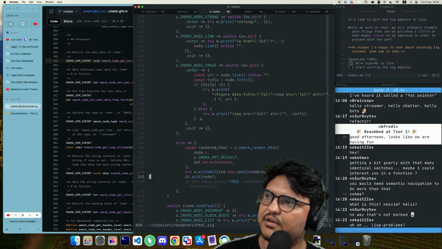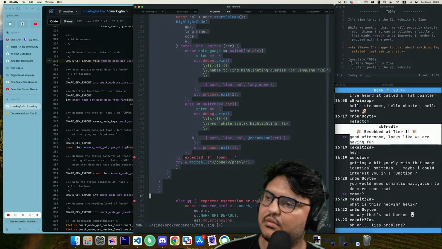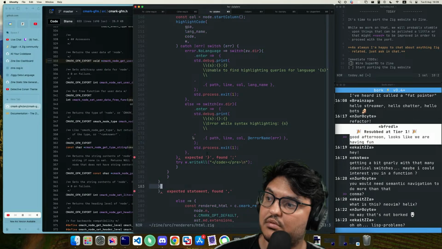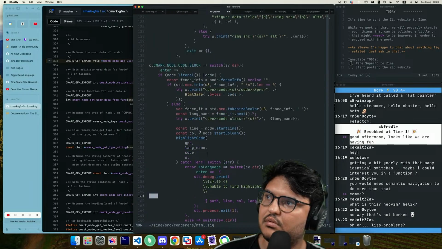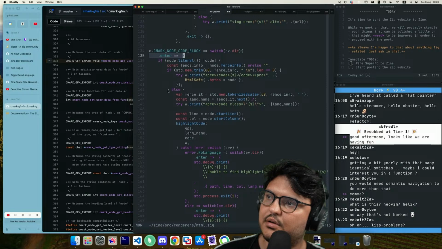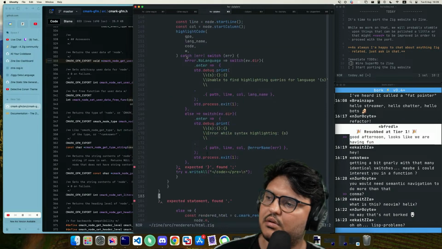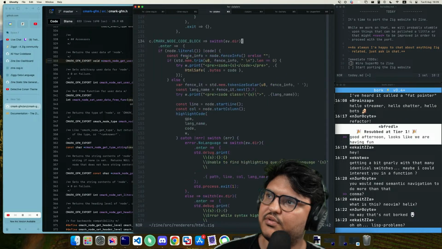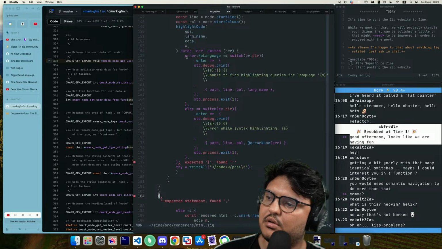Okay. And yeah, our things look actually reasonable. Okay, let's see if we can integrate code block now. Switch. Enter. Close the switch. Put a comma.